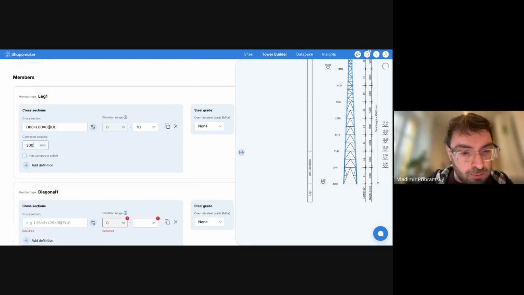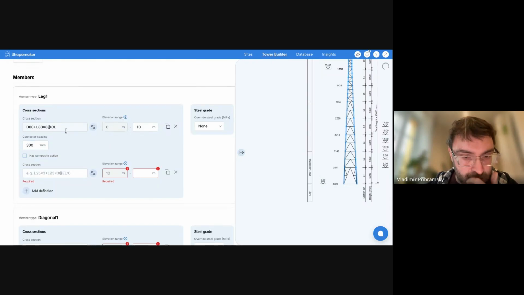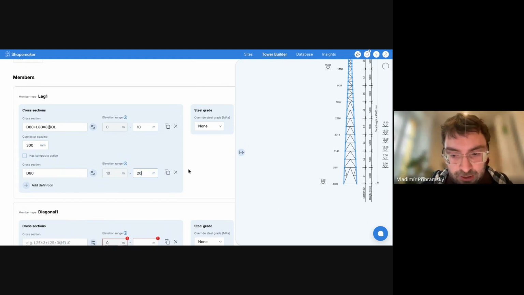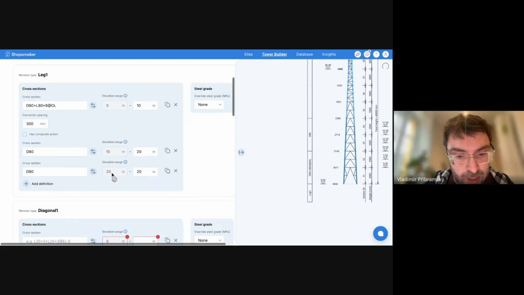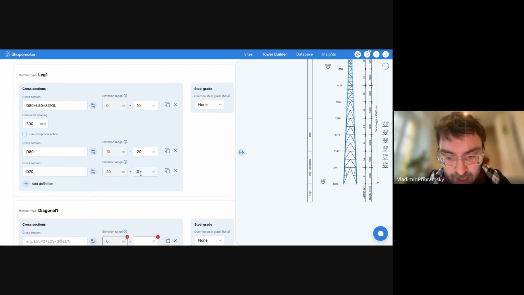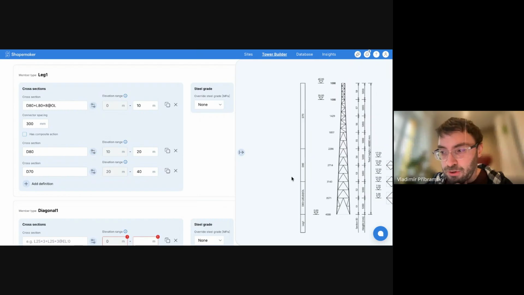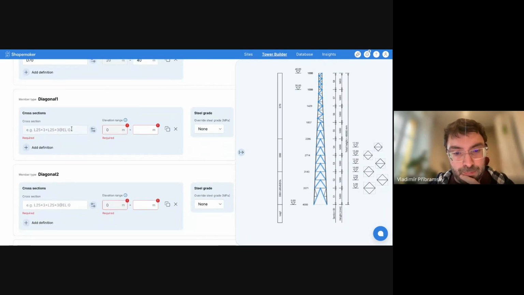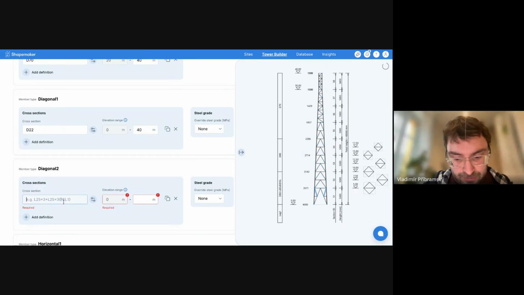For the higher section, I will just use the 80. For, let's say, 2 more sections from 10 to 20, the 70, from maybe just 240, like for the rest of the tower, I will use this one, so I can move quicker. For diagonals, I will just do something extremely simple. This is not realistic maybe for the K panels, but for me to be able to move further in this demo,